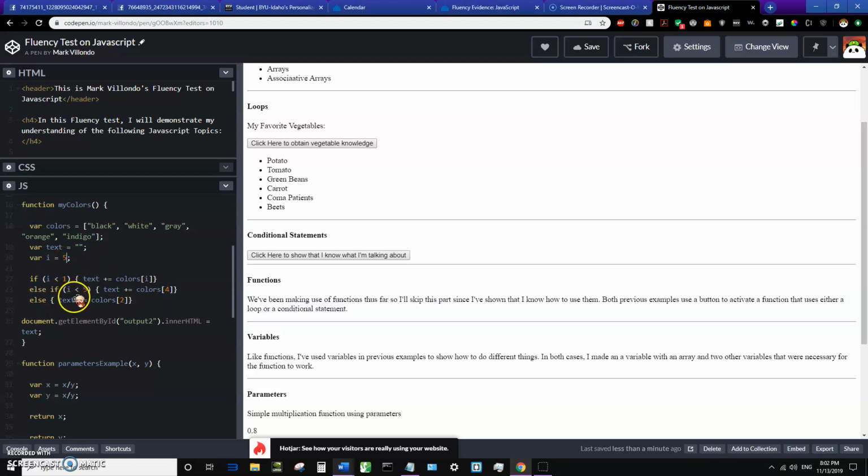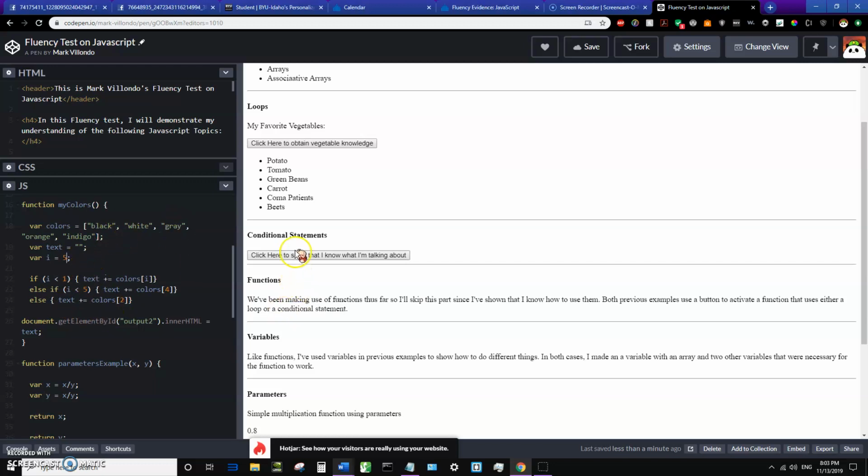And else if i is less than 5, I'm going to set it to just a single array item. And anything else, it should just be another array item. So I'm just setting it this way because it's simpler. Because if I did colors i for each single one, then there'd really be no point in using the conditionals, would there? So right now I'm just going to set it to 5, and it should show us 0,